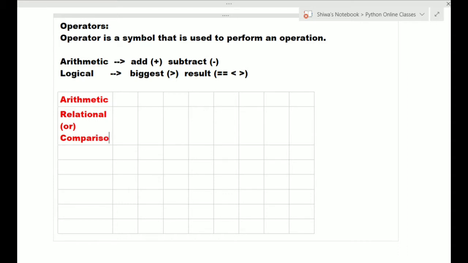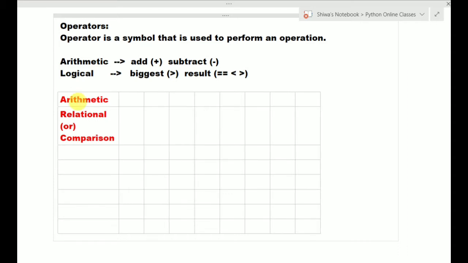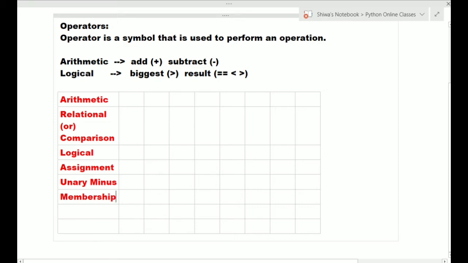It also provides logical operators, assignment operators, the unary minus operator, membership operators, identity operators, and bitwise operators. So these are the operators provided by Python.